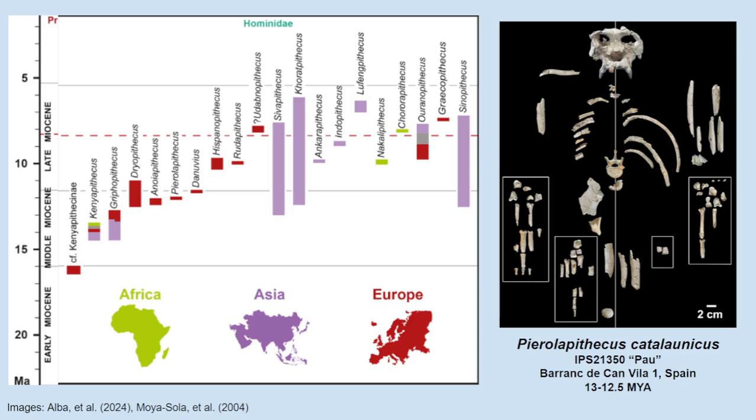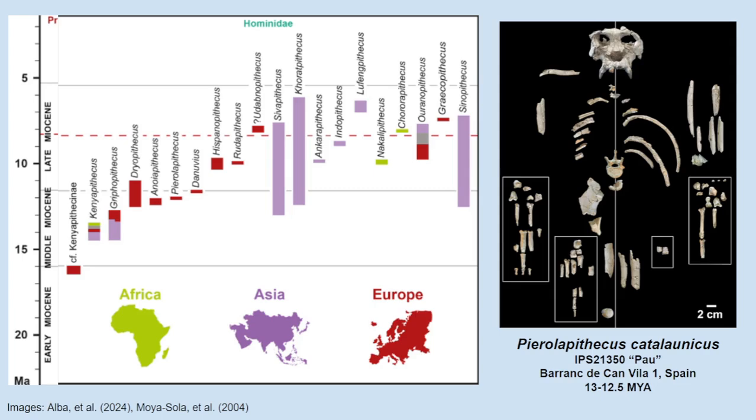Conventionally, based on our status as African apes, researchers have looked to the African fossil record for clues. But there's a huge gap between 14 and 10 million years ago, between the morphologically ancient proconsulids and afropithecids, and two controversial genera that have been proposed as members of the gorilla lineage. This has led some, like paleoanthropologist David Begun, to argue that we should be looking elsewhere for our common ancestor,